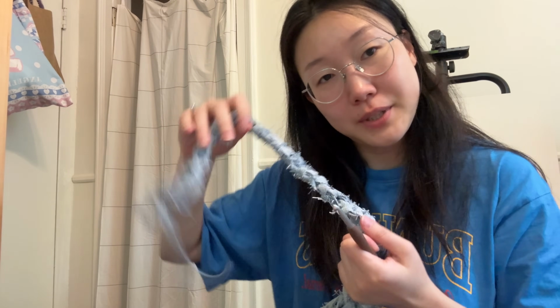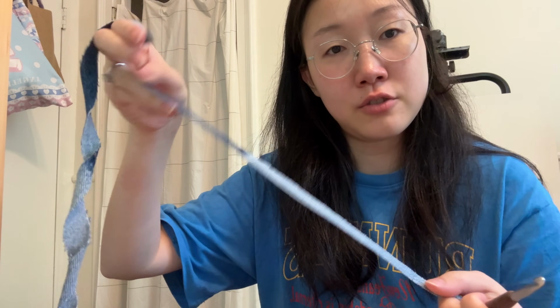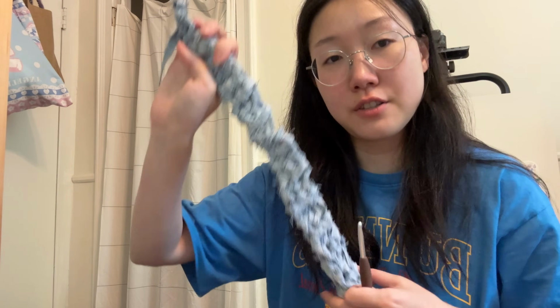To make the strap a little bit more flexible and thinner, I took the yarn and trimmed it down to be a thinner size. I don't know what this is in inches. Let me measure it. Oh, this is half an inch, so maybe I was knitting with an inch this entire time. But anyways, just so that it's a little bit thinner and easier to work with for this size. And that's what I've been doing. It's not rocket science and it kind of doesn't look that great, but if you look at it from afar,